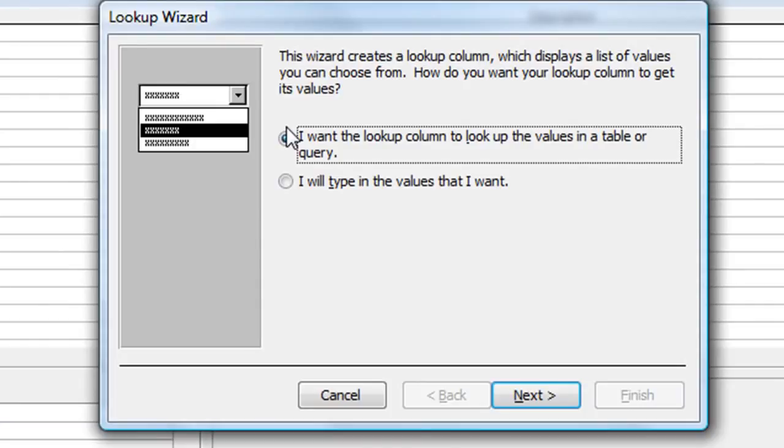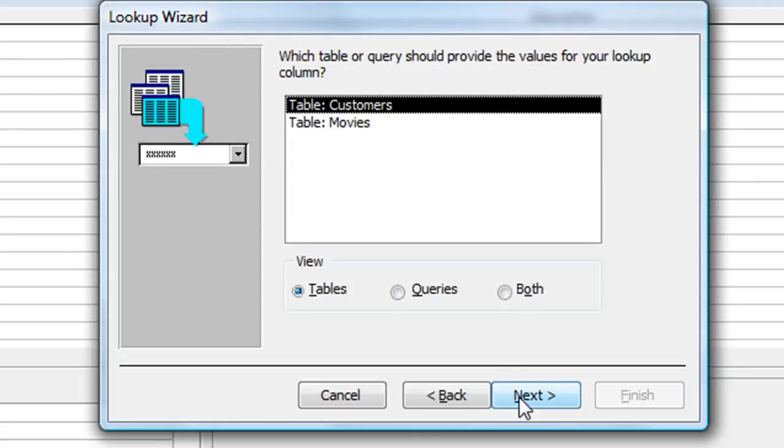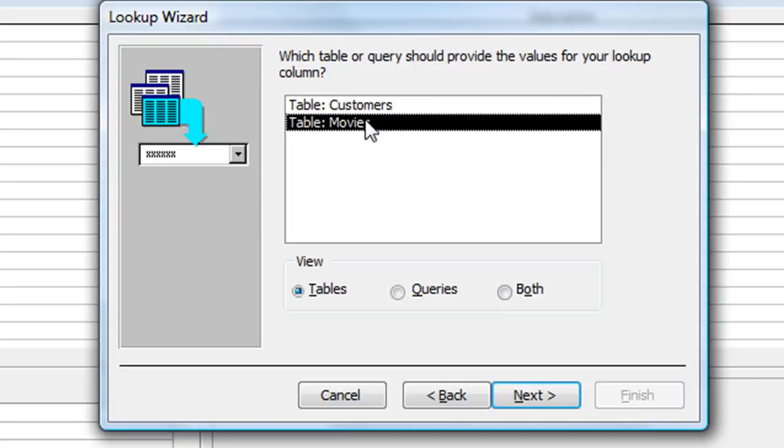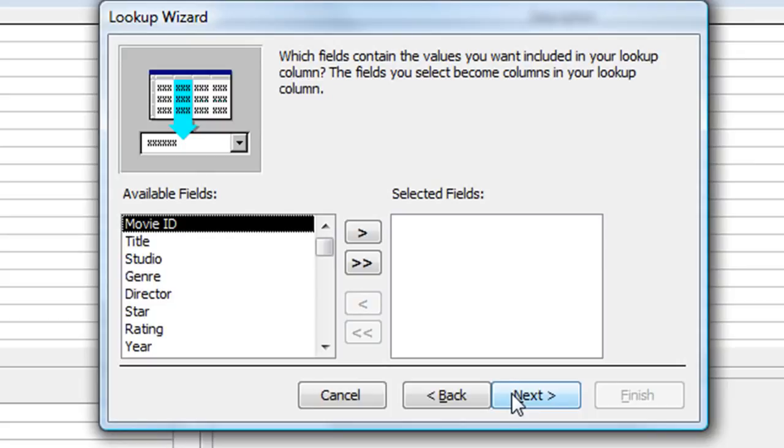Now the thing I want is already highlighted, where it says I want the lookup column to look up the values in a table or query. Well, it's in a table, so that's okay. Just click on next, and those are my two tables that already exist. So I'm going to click on movies, click next again, and here